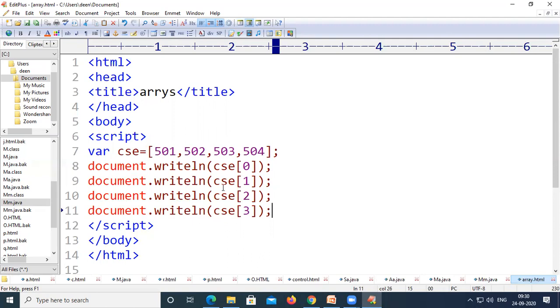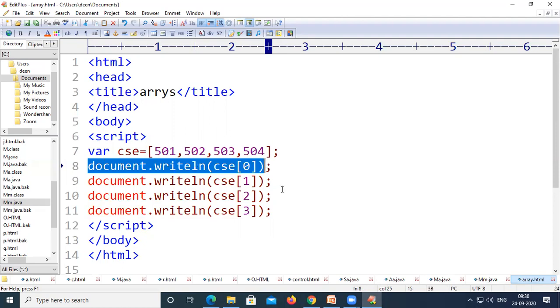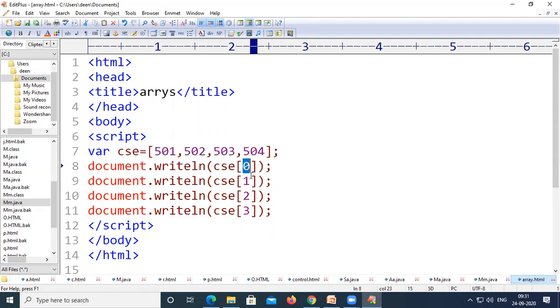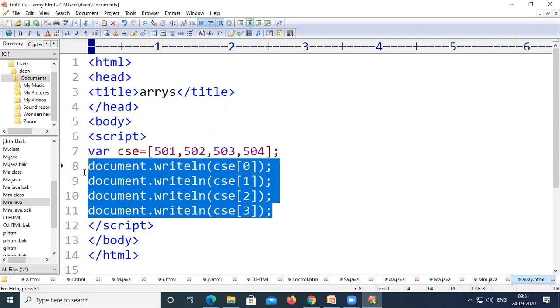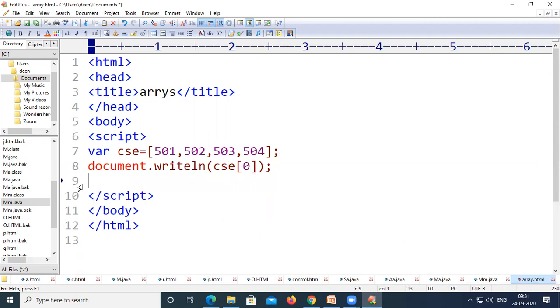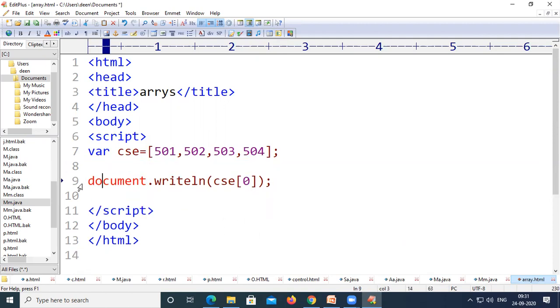Here, if you observe, the entire statement is similar, but only the value is changing, and it is incremented by 1 each time. So instead of writing n number of same statements, let us write only one statement.